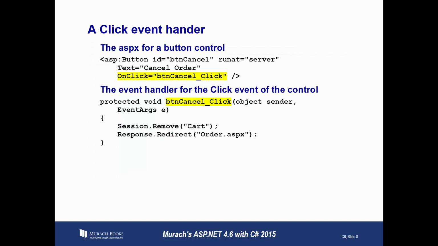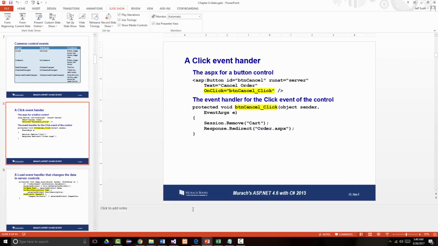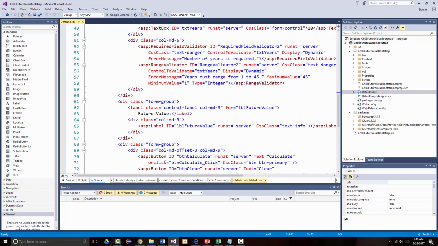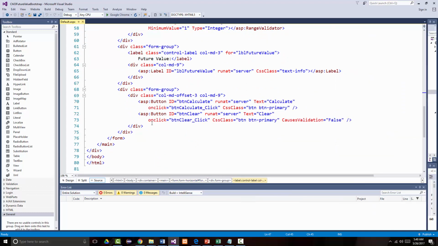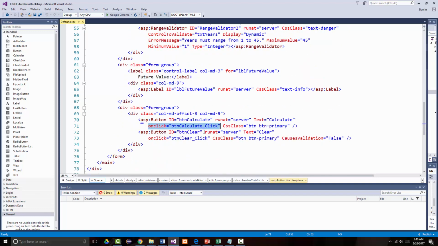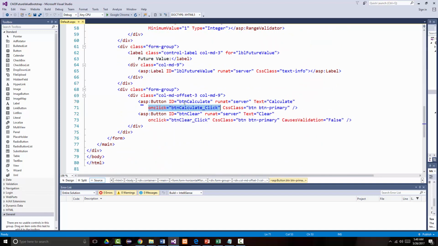Now, you may or may not have noticed this, but we have used this before. Might confuse you. Might say, no, we haven't. Well, let's take a look. Where we've got our buttons down here, OnClick="btnClear_Click", OnClick="btnCalculate_Click". What does that mean? Well, in English, this means that for the calculate button, when you click it, run the click routine of btnCalculate. And what is that? Well,